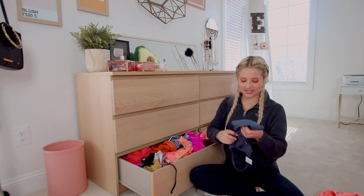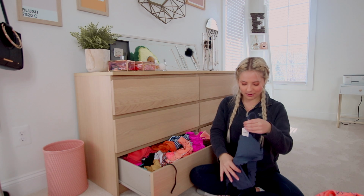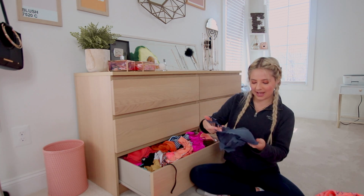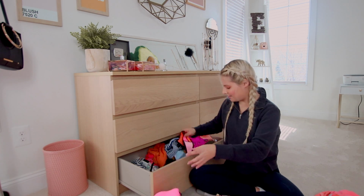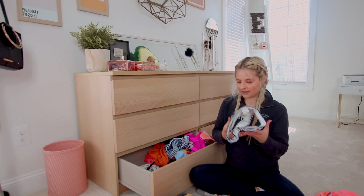This one I actually just got. It's from Anthropologie. It's actually a bra, or a bralette, but I think it's like swimsuit material, so I thought I could get away with it being a swimsuit. Oh, there's the other half here. I feel like I could definitely still wear this. Oh wait,